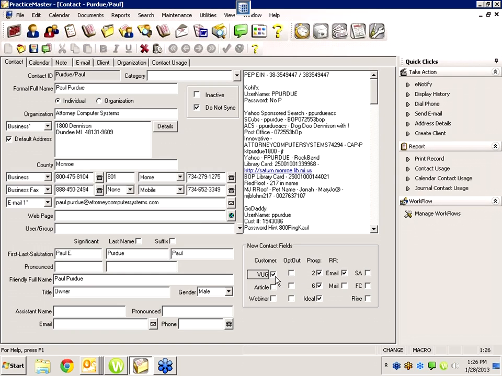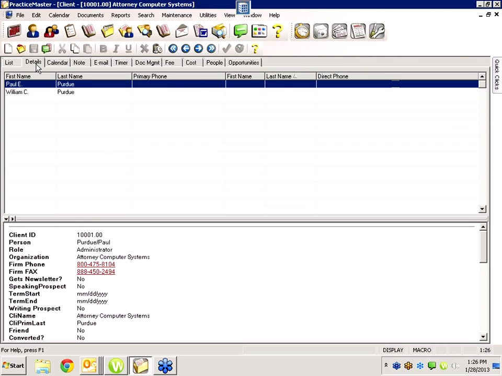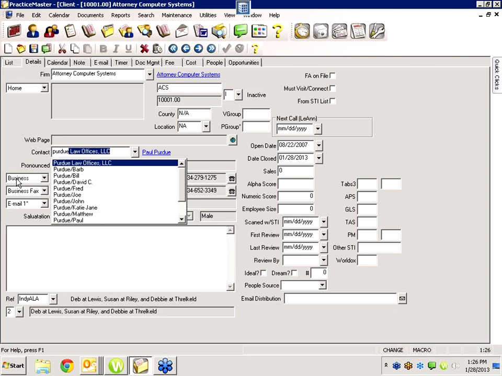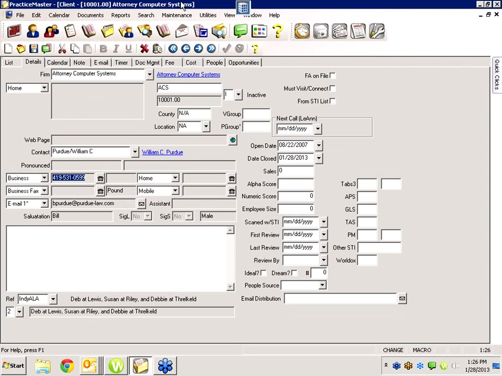Now, think about it. There are a lot of things you can do with this. The date closed example, triggering an email or an e-note to an attorney, that's a very common thing to happen. When we go into the main screen in our system and change the contact record, let's say from Paul Purdue to Bill Purdue, Leanne wrote a workflow